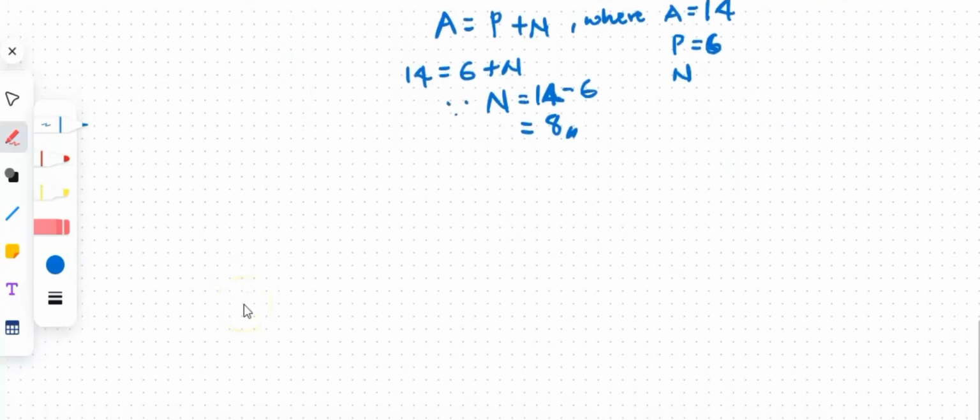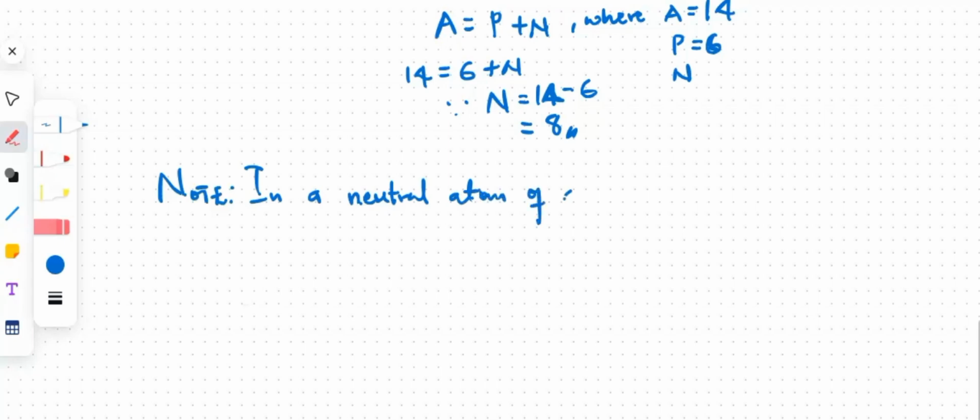So note: in a neutral atom of an element,